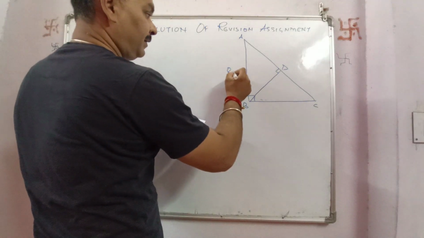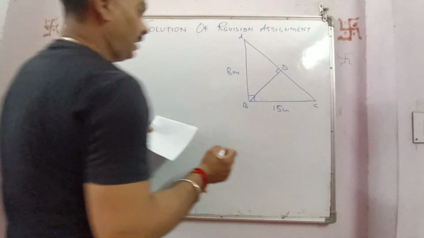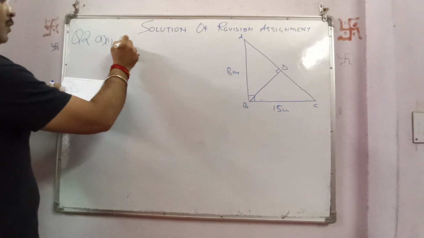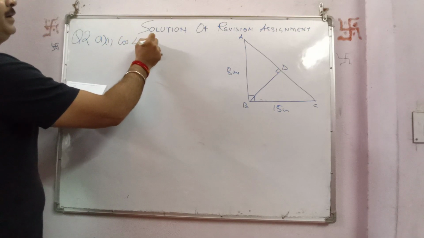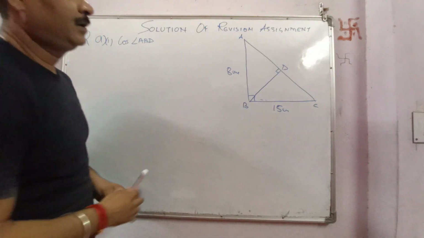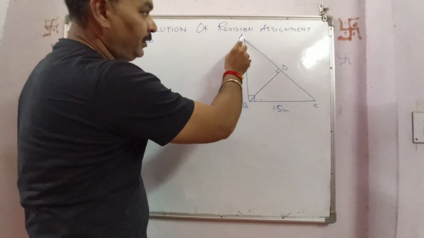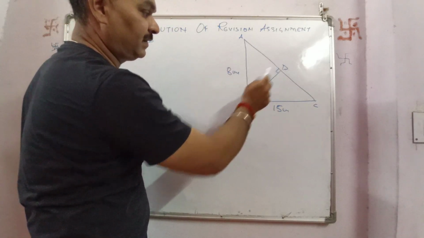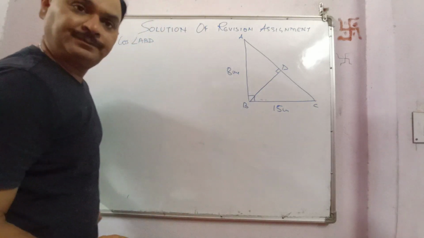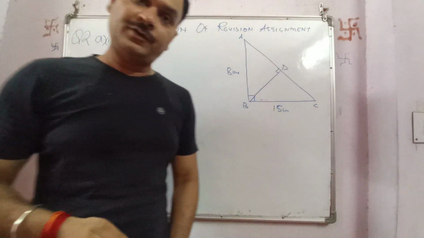One of the sides is given 8 centimeter, this is 15 centimeter, and they are asking cos of angle ABD. Okay, let's check it out. Triangle ABD, and we need to find out the cos of this angle, this one, and we have only one side. So as to find the trigonometric ratio, we